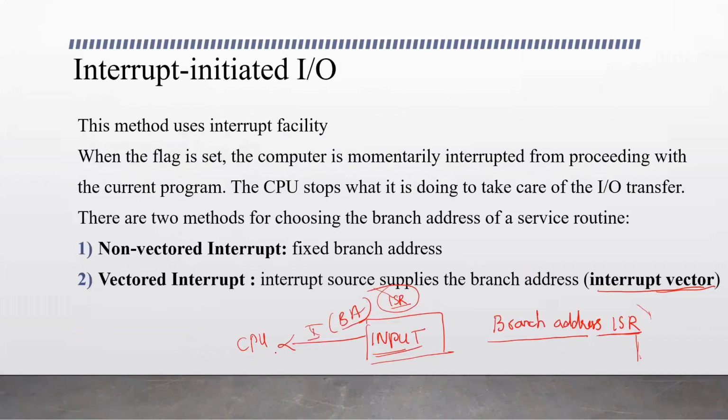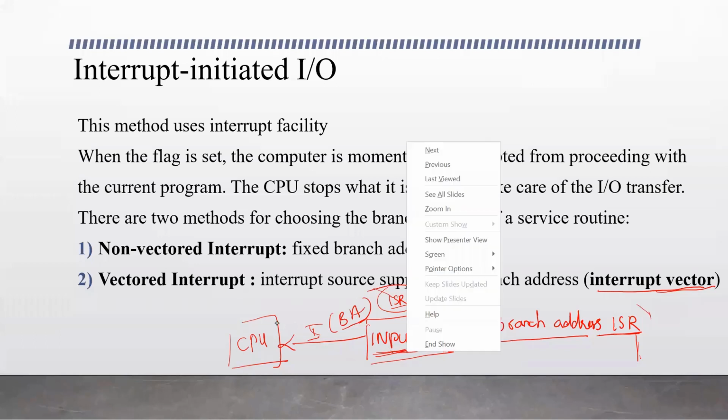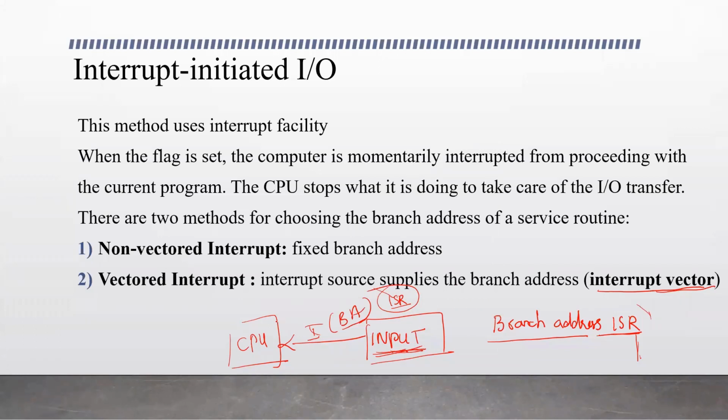Now in this case, the central processing unit is connected to one device, the input. So whenever a particular interrupt comes, the CPU knows that the input device is the one that has sent the interrupt. So there is no selection between devices that needs to be done. The CPU can stop executing what it is doing and take care of this interrupt. It finishes the service routine and returns back to the process it was doing.